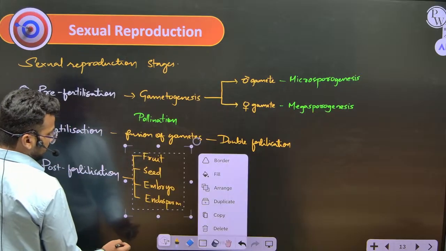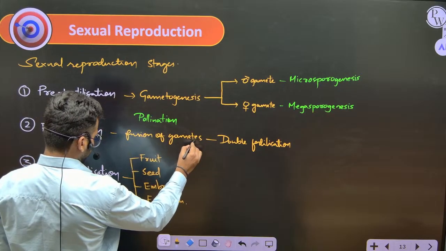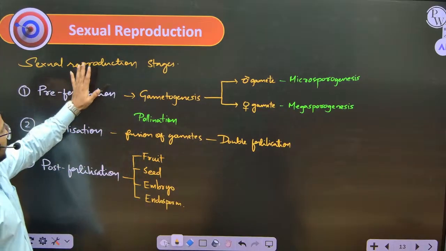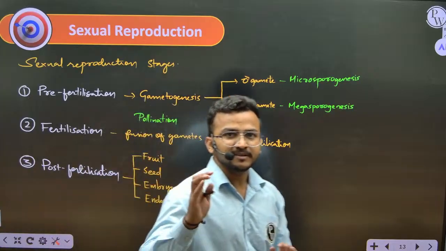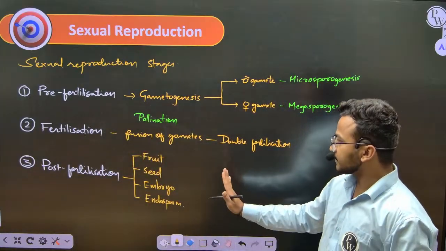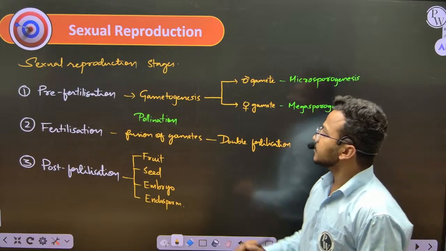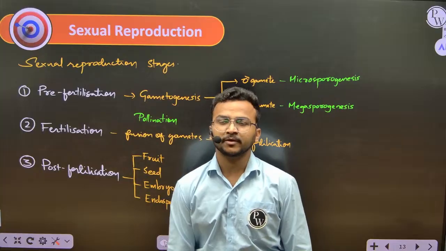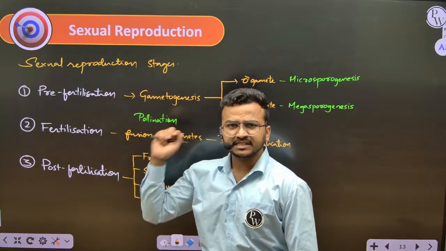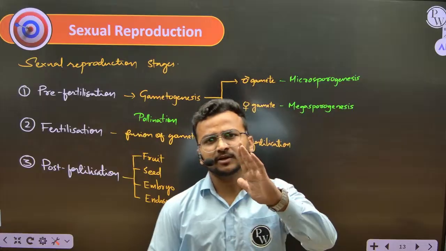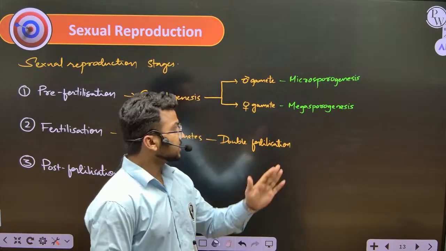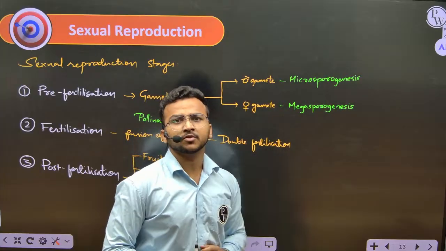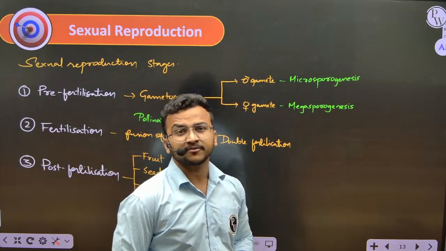it includes complete. In this whole chapter we will be seeing the same things we have discussed in the introduction part. So sexual reproduction is divided into three subphases: pre-fertilization, fertilization, and post-fertilization. In pre-fertilization we will be seeing about gamete formation and gametogenesis, how the gametes are formed. If the male gamete is forming, then we call it microsporogenesis. If the female gamete is forming, that we call it